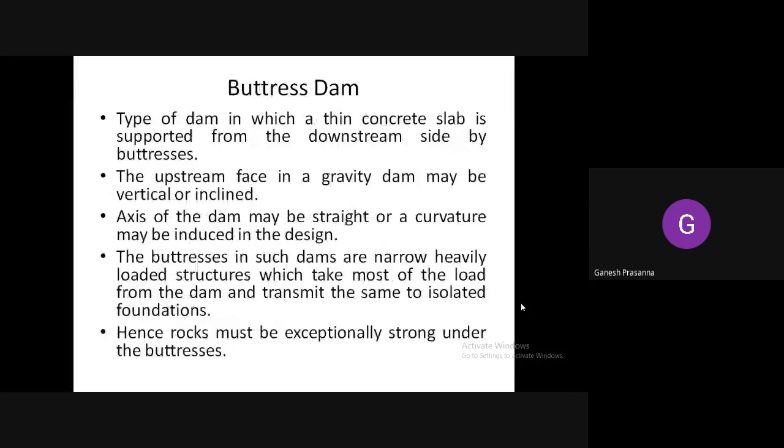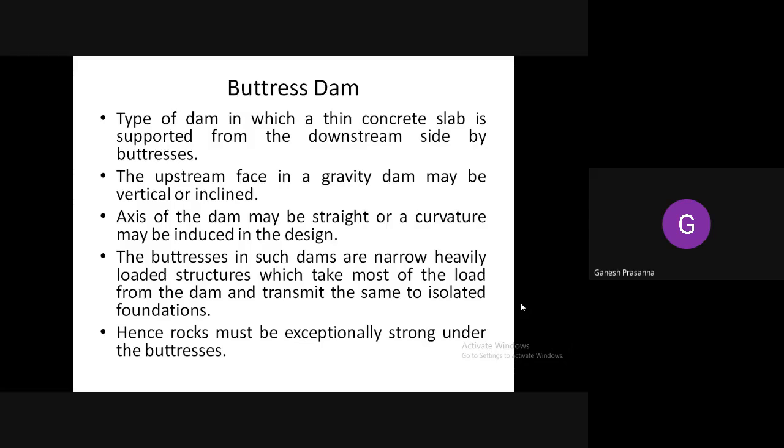Coming to the buttress dam, what happens in a buttress dam is that it carries some buttresses, some spikes, at the basement itself. It is provided with some spike-like structure. Now, if you have seen cricketers or athletes, they wear spike shoes, is it not? So that it gives extra grip while running or playing. Athletes, cricketers, hockey players and football players also use spike shoes, so that it gives extra protection while running or playing.